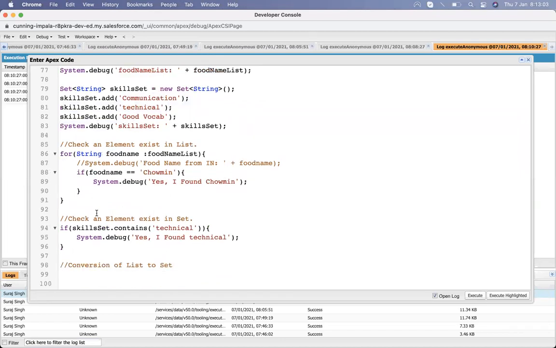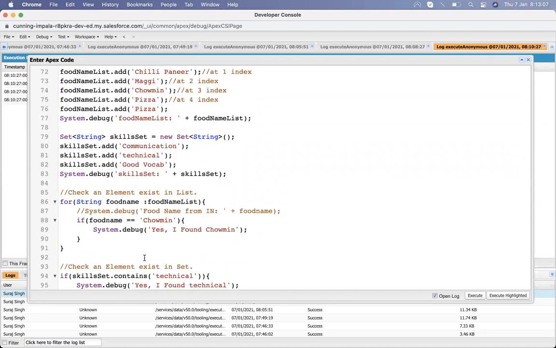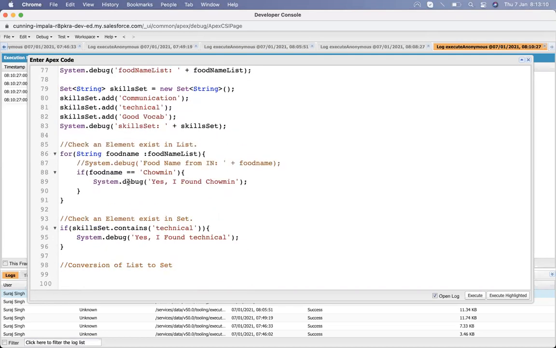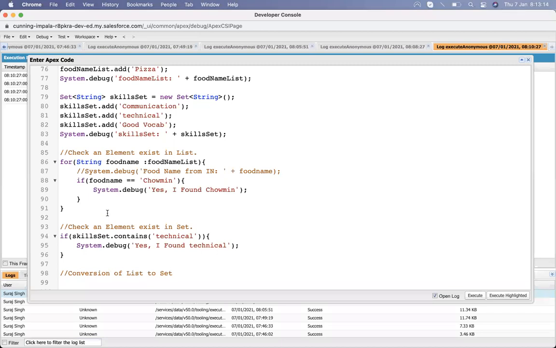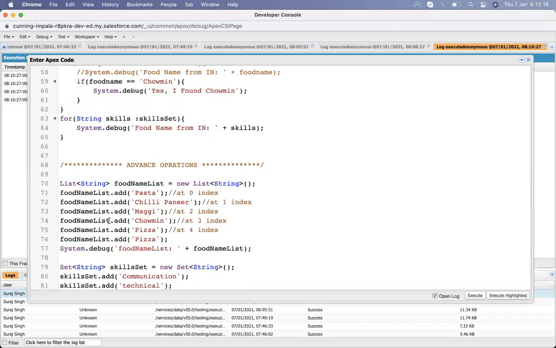Conversion of a list to a set is also an important thing that we usually face during our development.